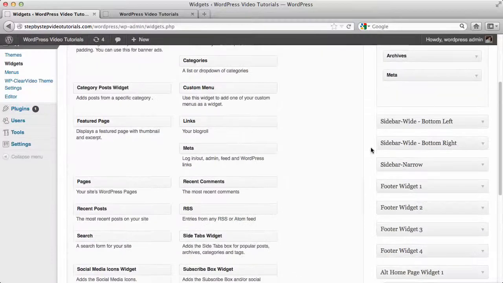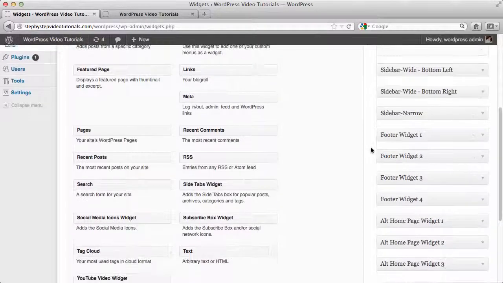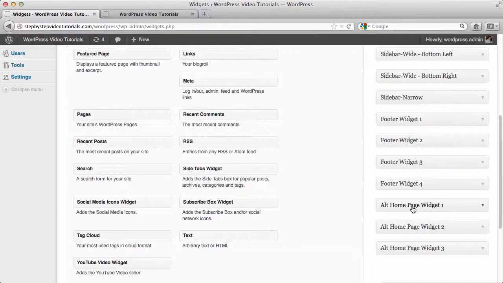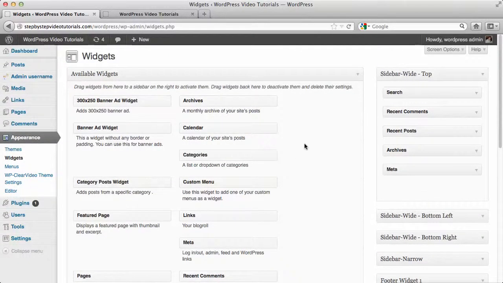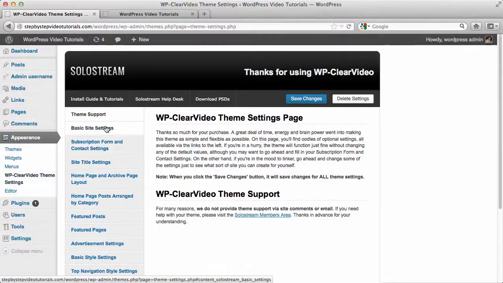Also, before I go any further, I want you to realize that we have so many available areas on our website where we can place the different widgets. We can have some at the bottom, some in the footer, and we can have different on-page options. I haven't shown you the different on-page options that we have, so I think I should quickly do that now. If you click on the WP Clear video theme settings and go to the basic site settings,